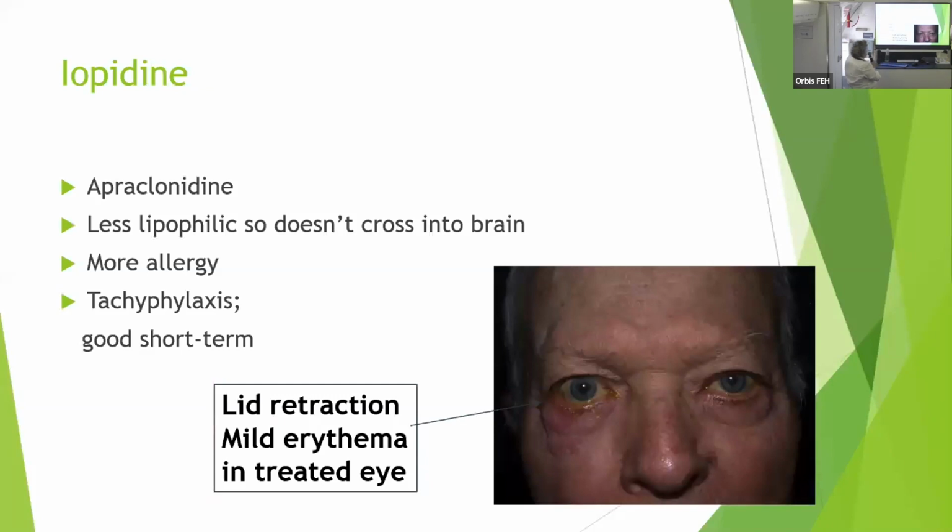Okay, and like I just said, it's less lipophilic, so you don't tend to get the fatigue with the apraclonidine. You get, like I said, the tachyphylaxis. You can see maybe he's getting a little redder in the right lids than the left, right? He's using it in one eye, and you can see how you get a little lid